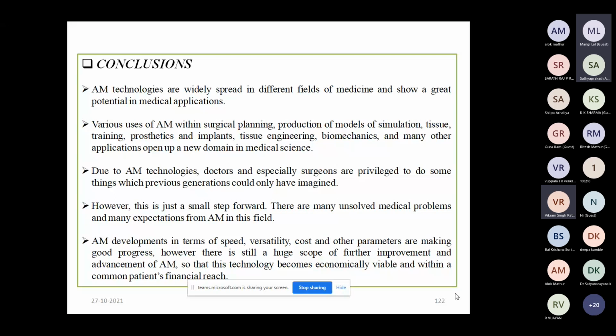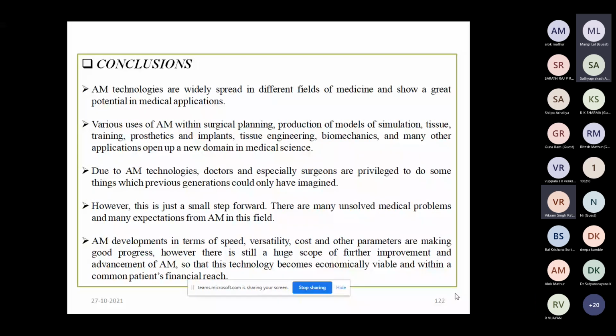away from the medical field, additive manufacturing techniques are also used for automotive and aerospace components. So additive manufacturing development in terms of speed, versatility, cost, and other parameters are making good progress. However, there is still huge scope for further improvement and advancement of the additive manufacturing technique, so that it becomes viable and within common patients' financial reach.